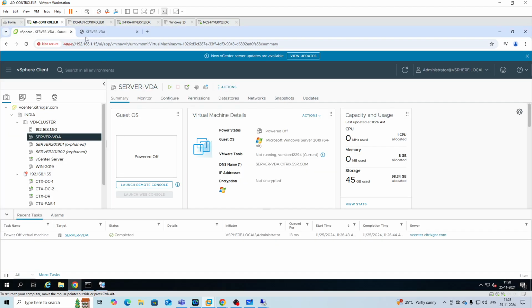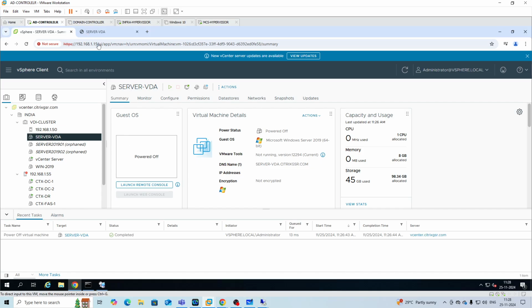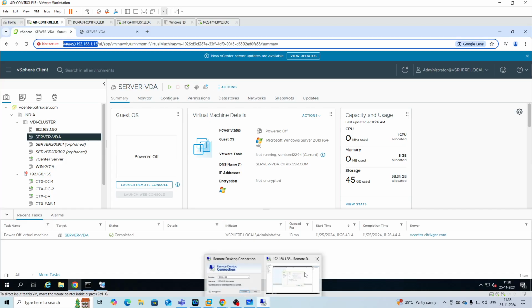So you can see, right? This is our vCenter address. So this is vCenter, right? We need to use this address. What is our address? On that IP address. 192... correct, correct. So just copy this IP. Go to your